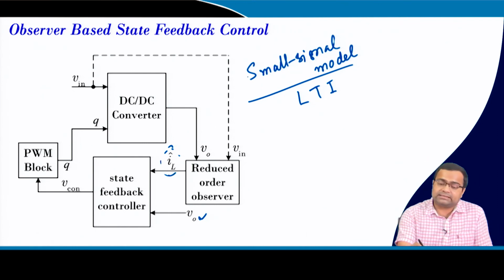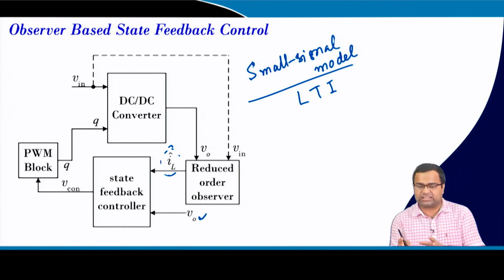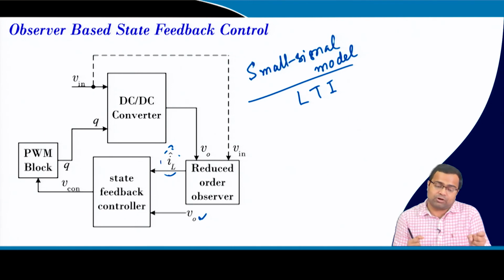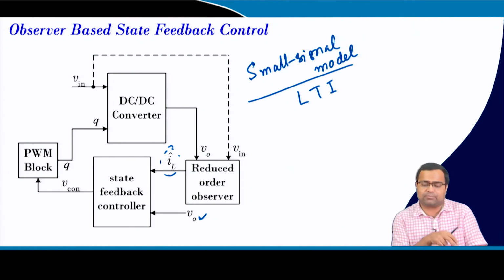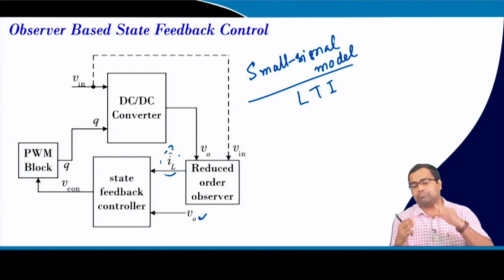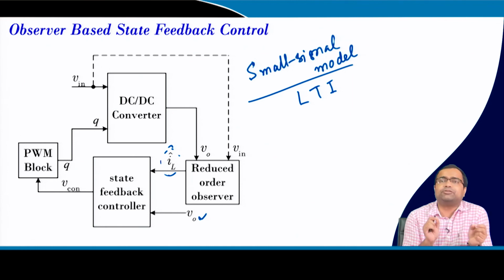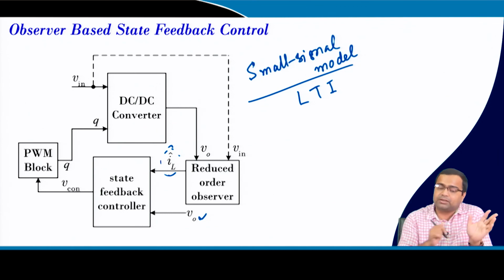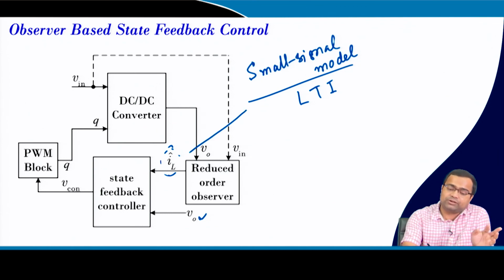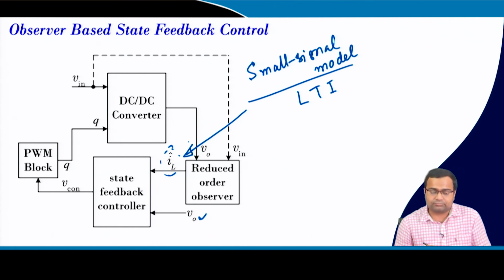But this technique depends on the small signal model, and we know that if we want to increase the bandwidth of the system, there is a model limit on the control, because the model may not be valid when the perturbation in the duty ratio is large, and that can significantly deviate from the actual behavior of the converter. So, this model may not be suitable to design a high bandwidth observer.